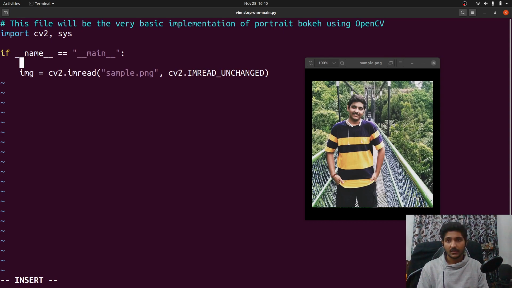Okay, but how about we take a command line argument? We take the image path as a command line argument. That is a really good programming practice. So just watch out what I'm gonna do. It will be really understandable, I hope.